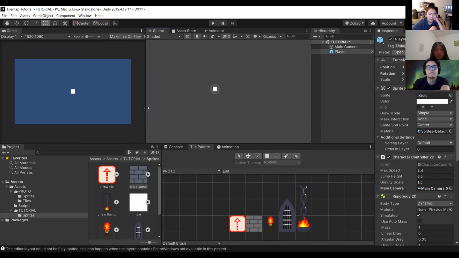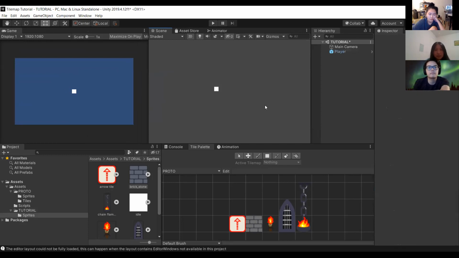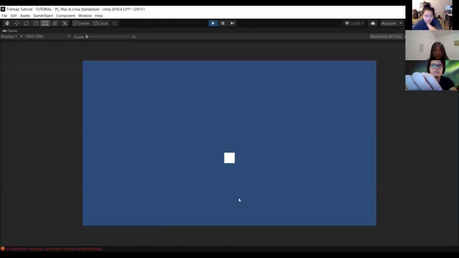I also have it set to maximize on play. So if Zoom will cooperate, when I press play, this game scene over here on the left will blow up to fit the entire screen. Any minute now. Yes, there we go. So it's something like that. I really need to move this. Hold on. Okay.